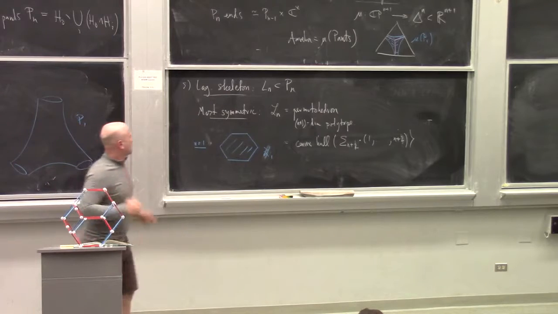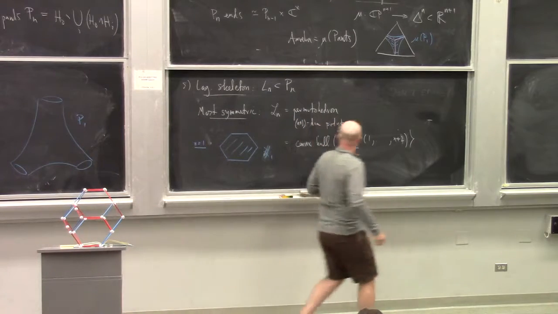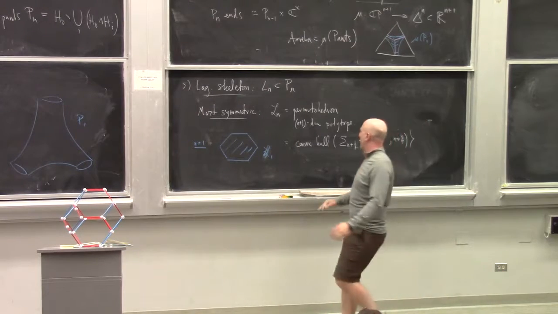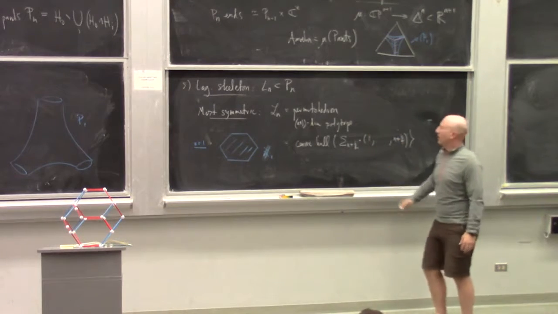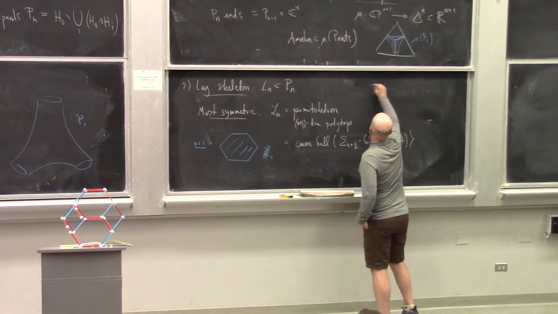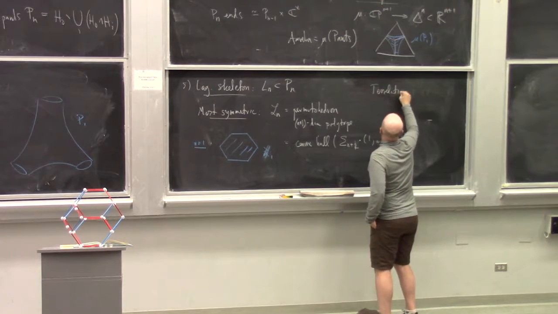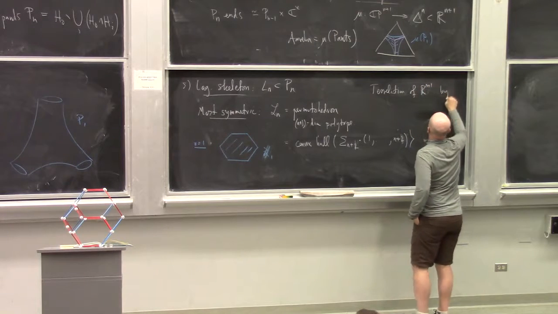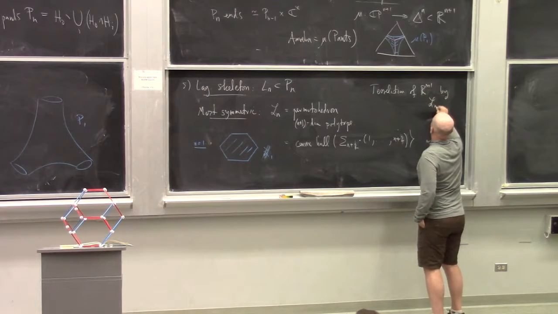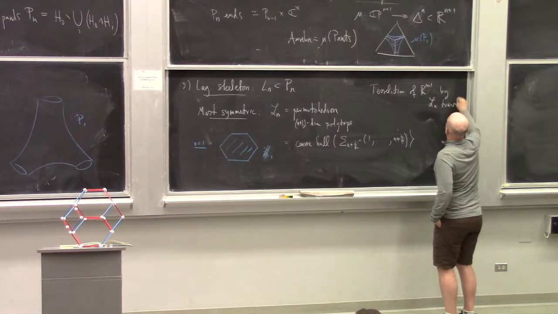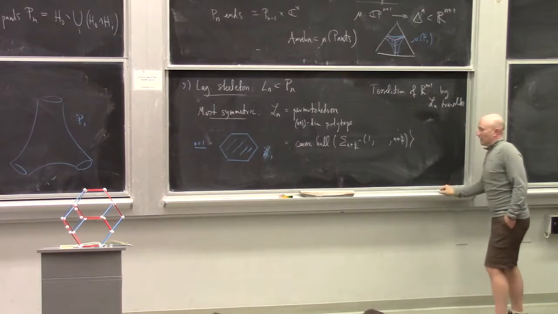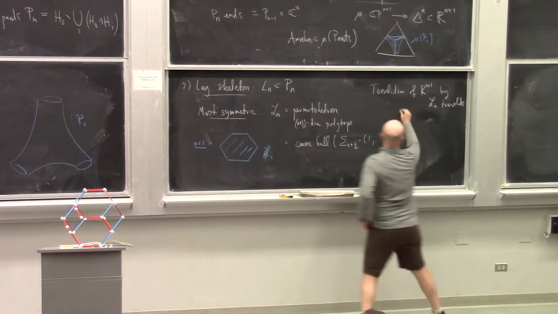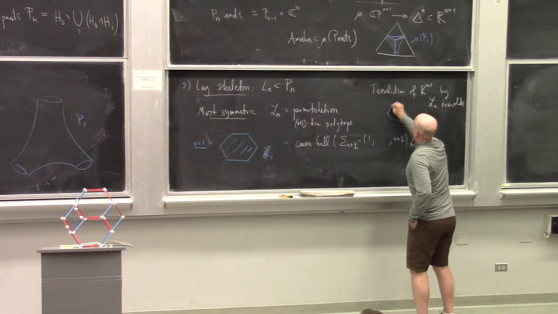One of the amazing things about this guy is that he tiles Rn plus 1. There's a tessellation of Rn plus 1 by Ln translates. There's a natural lattice. I'm not going to write it down, but there's a natural lattice. You would know well that if you take the hexagon, it tiles the plane.